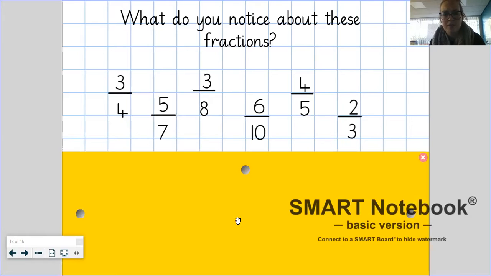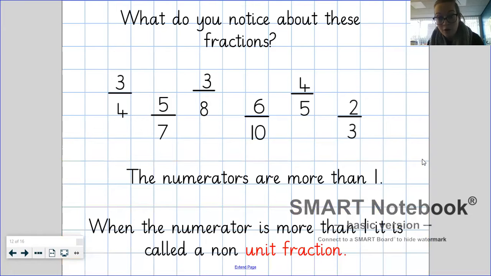3/4, 5/7, 3/8, 6/10, 4/5, 2/3. What's different about these ones? If you said the numerators were more than 1, you are correct. And when a fraction has a numerator that is more than 1,